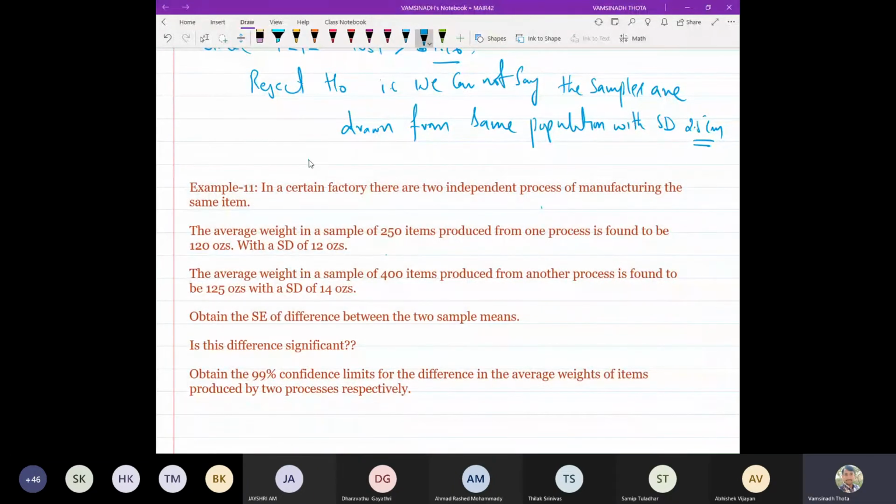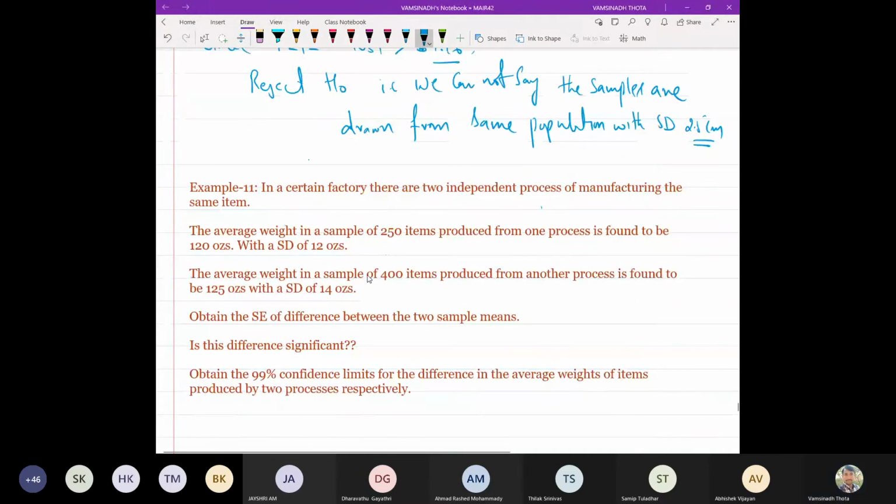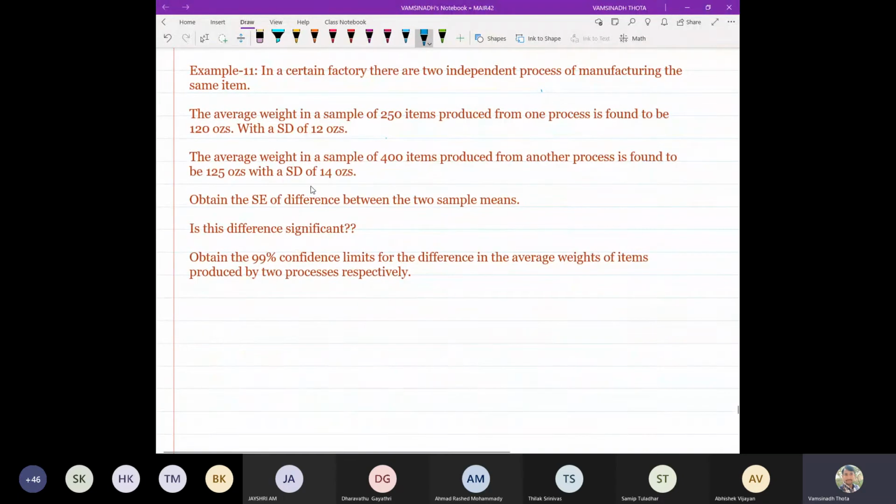So I hope everyone understood. If you have any problem, you can stop me in between also. Now, I think this problem will take a little time. So you see this one. Please read the question. Take one or two minutes. Please read the question carefully and understand clearly what is given and what we have to evaluate.